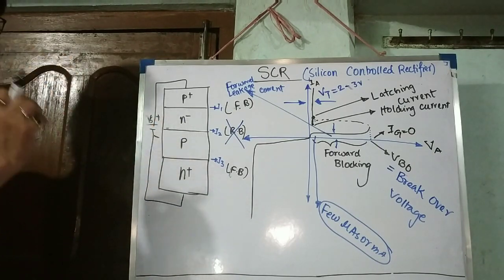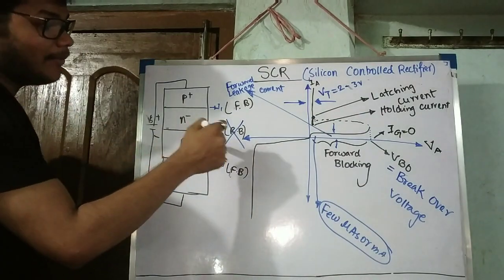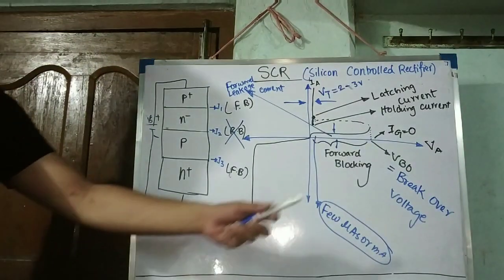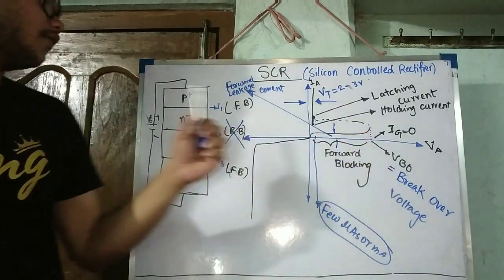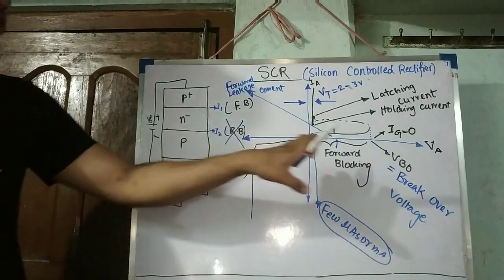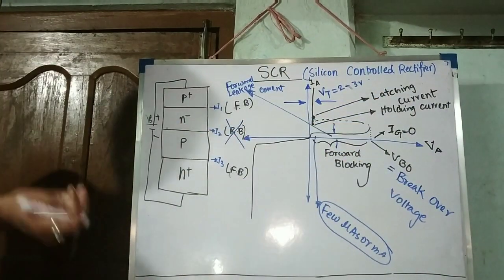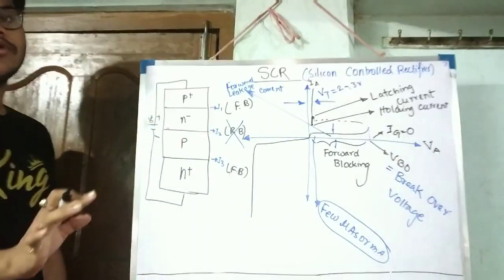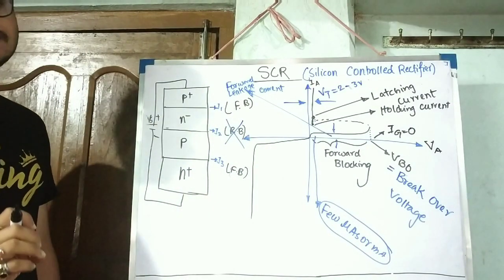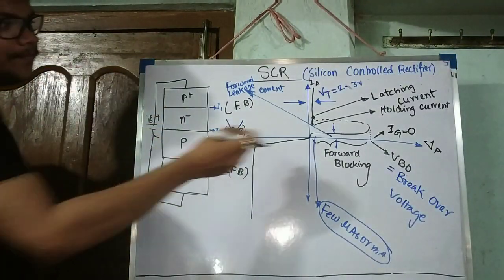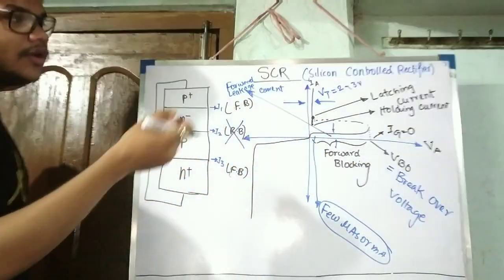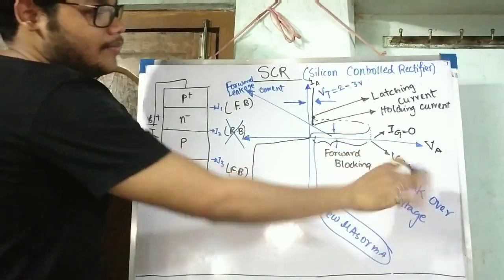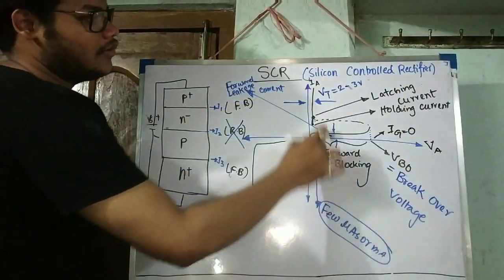You never use forward voltage triggering, as it may permanently damage the second junction, J2. So in this method, we never go up to VBO. The forward voltage which we apply across the thyristor, we never take beyond VBO, because after VBO the J2 junction can be permanently broken and the thyristor will be of no use. So that's why we try to stay below this. How? We'll see. If we apply a gate signal, the gate current will reduce your breakover voltage. So this is all about your forward characteristics.